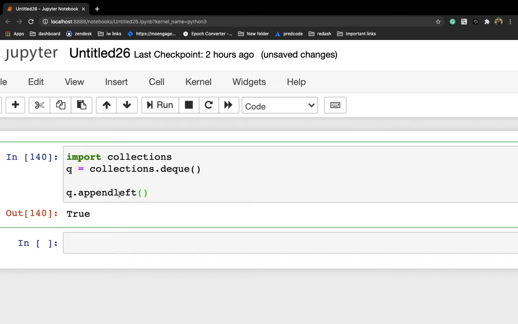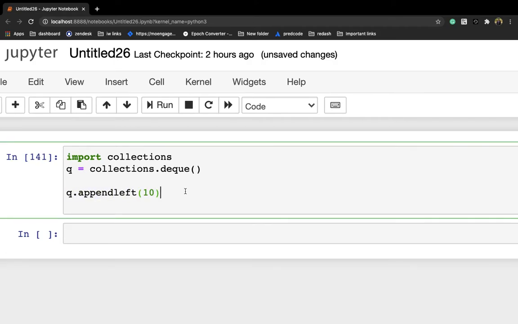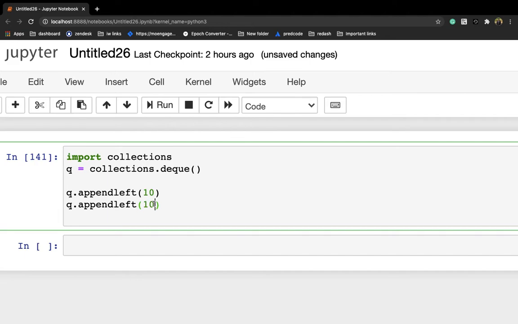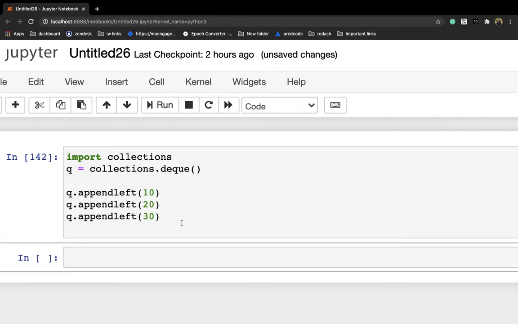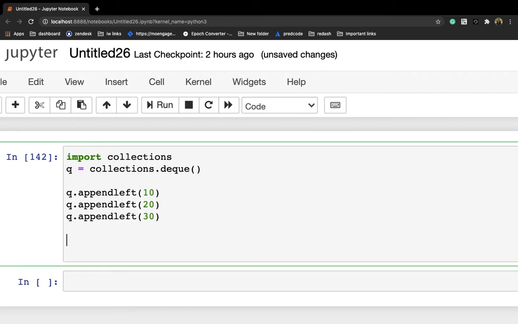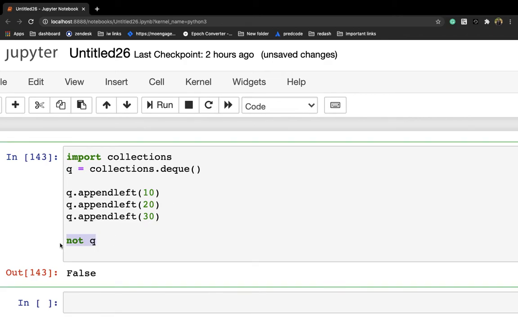When I am calling this function I am passing one parameter, let's say the element 10. So 10 will be inserted first. After that let me pass a few more things, let's say 20 and then 30. Cool. So three elements have been inserted into the queue. If you check not queue, it will return False because three elements are there.